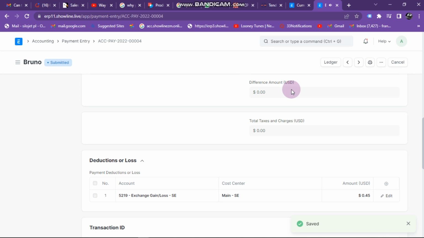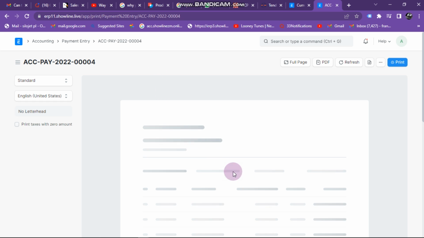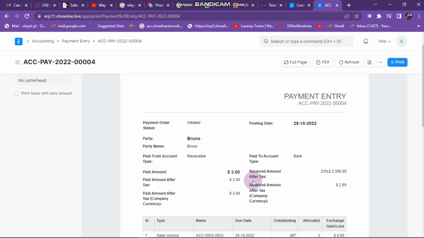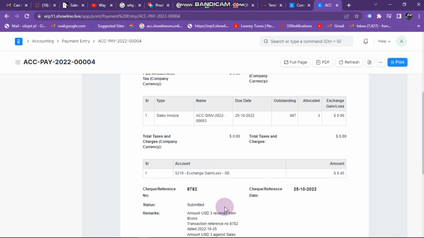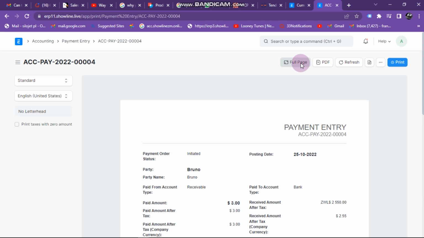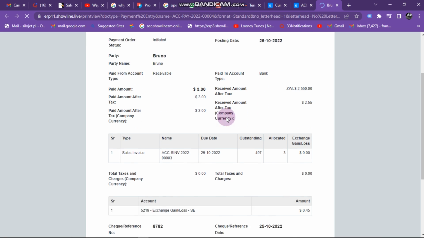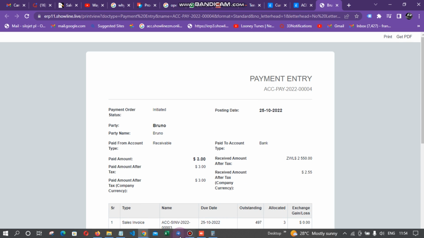So that is how you receive payment in a different currency from the one that you have used to invoice. If you are using the same currency, there will be no need for putting all those exchange rates. So you can just print. If you want to print your receipt, here it is showing you the amounts that have been paid and also the loss or gain on exchange rates. So you can view in full page if you like. So that's it for receiving payments in